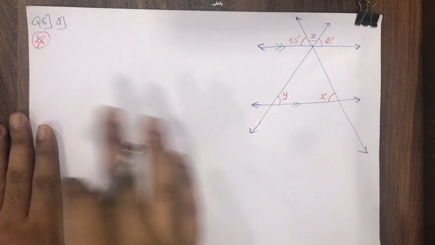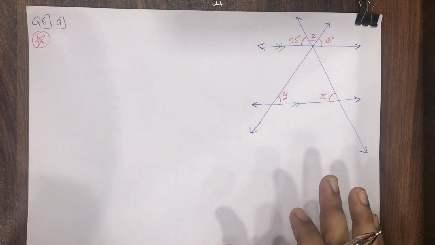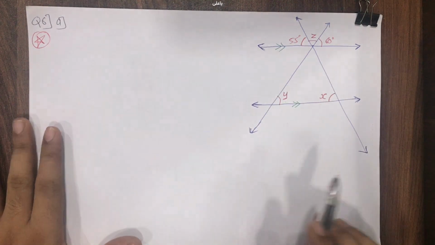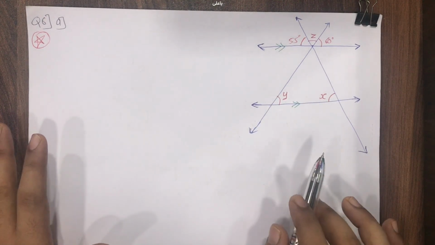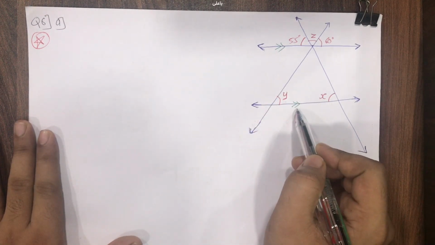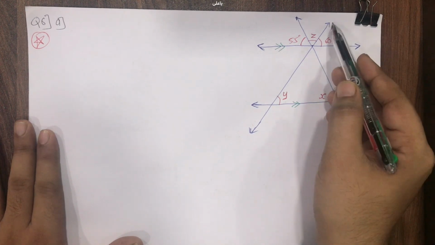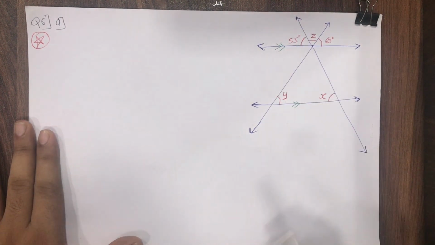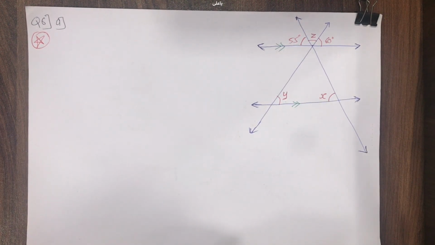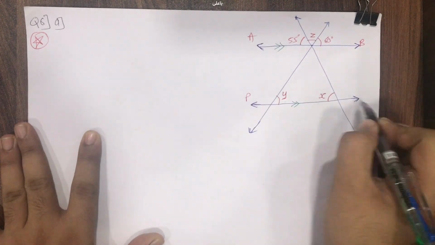In this question number 6, there is no statement given to us, no data written. They have just given this diagram. So merely by looking at the diagram, we can judge what is the case. Here we can see 2 arrows, here we can see 2 arrows. These 2 arrows mean this line is parallel to this line. This is one transversal, this is the other transversal. So let's quickly give names. Let us say that this line is AB and this line is PQ.